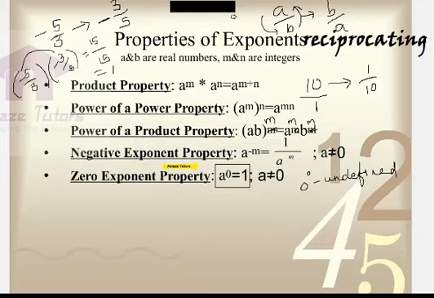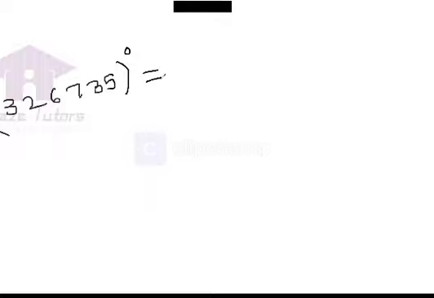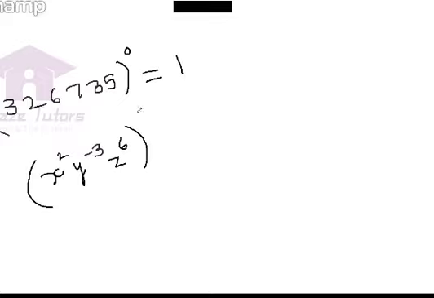I'll tell you on a different whiteboard. It can be any such big number, 6 digit, 3 digit, 5 digit, no problem at all. If you have everything power 0, even though it is a bigger number as the base, it is equal to 1 only. And if I have many terms as the base, so many powers, so many terms, and I have everything whole power 0, you can blindly write it as 1. Anything power 0 is 1 only.